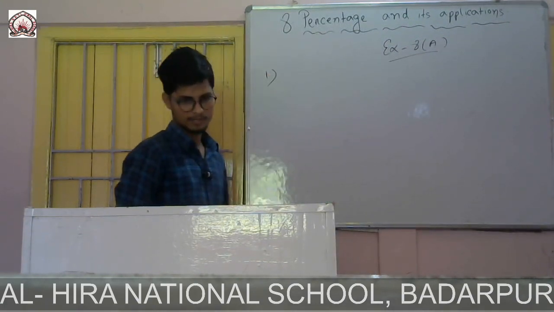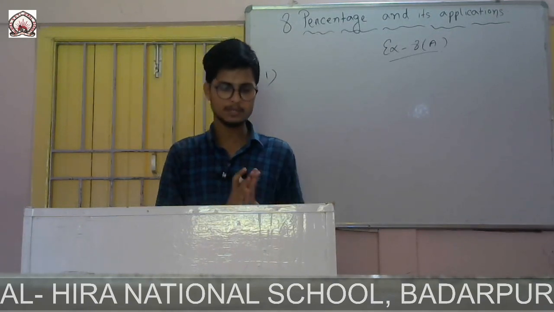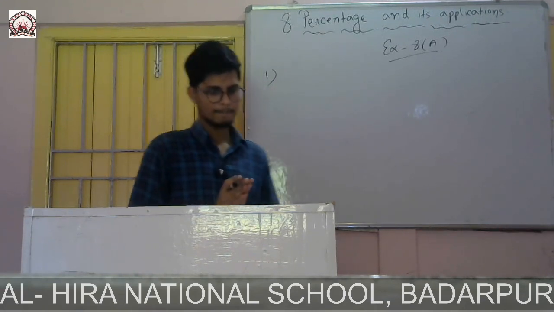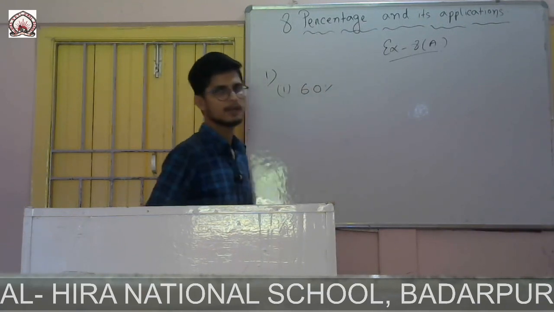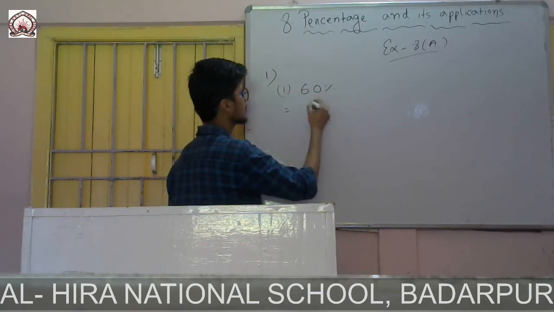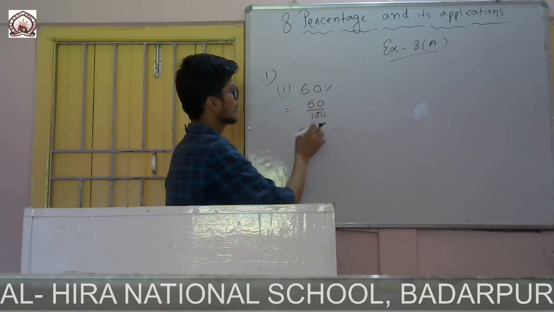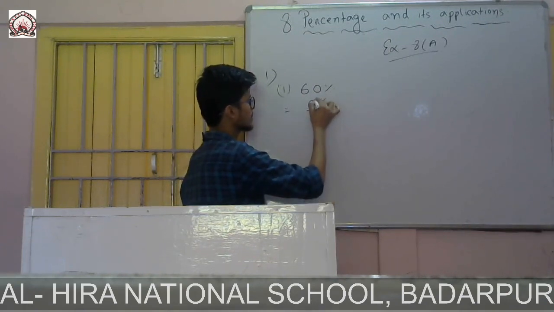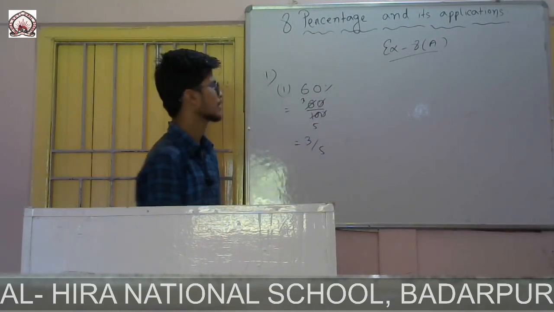Question number 1, you see, write this percentage as a fraction and decimal. So you are to write in both ways, as a fraction as well as a decimal. So question number 1, Roman number 1, it is 60%. Earlier I said if the percentage sign is there, that means simply you are to divide it by 100, and the percentage sign will go. Okay. So 60 by 100, if I cancel 10 and 10, 2 3s are 6, 2 5s are 10, which is equal to 3 by 5. It is in fraction. Okay.